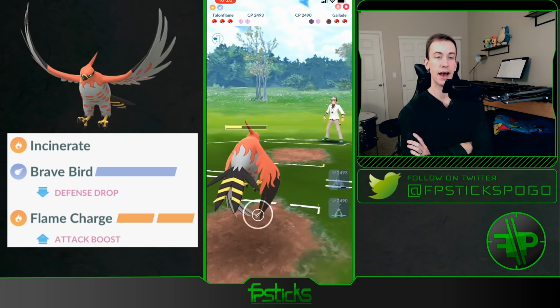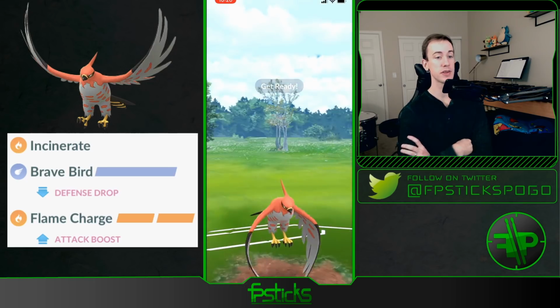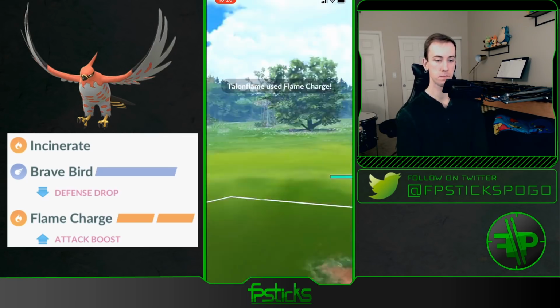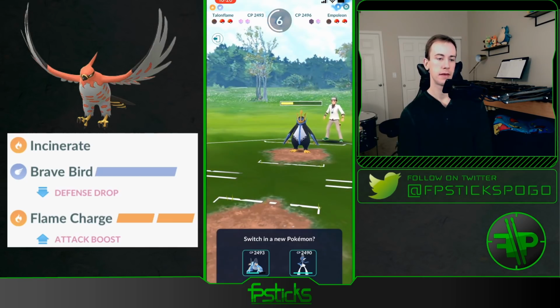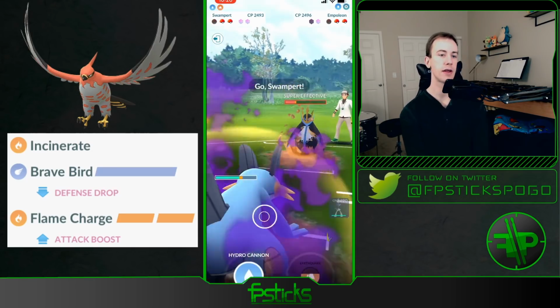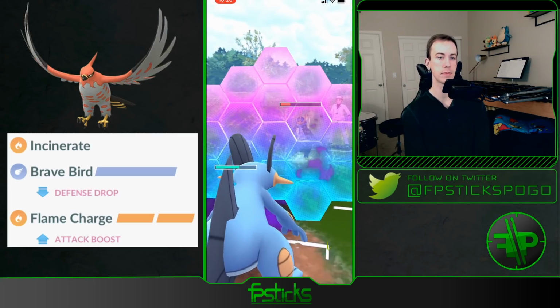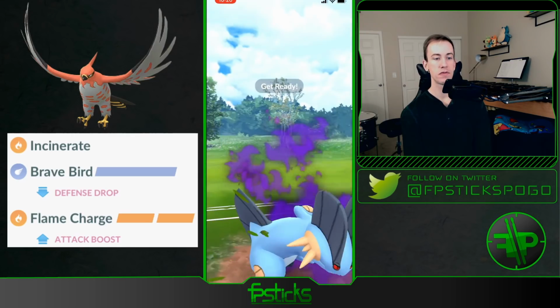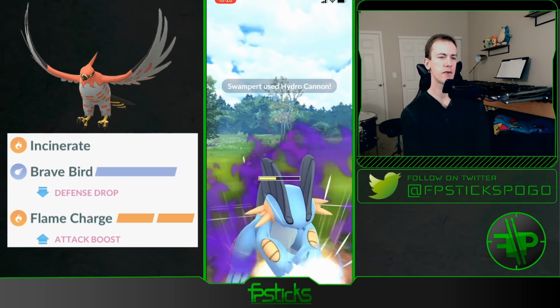I'm up a shield, I have Switch Advantage. Out comes the Empoleon. I'm able to get to this Flame Charge. This will do a decent amount of neutral damage here. And then I know my Swampert will survive one Hydro Cannon, but I kind of want to keep it healthy to potentially burn a shield on whatever they have in the back. So I'm farming. Out comes Venusaur, and I'm just going to throw a Hydro Cannon,